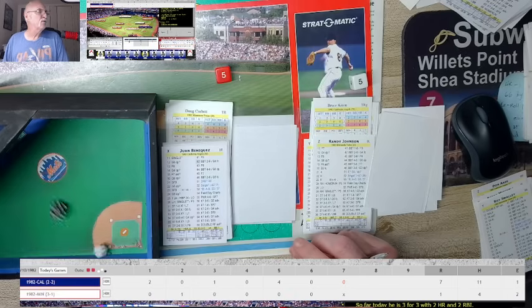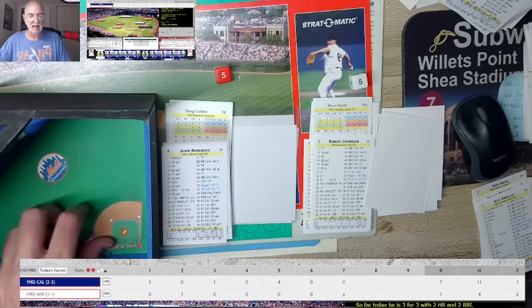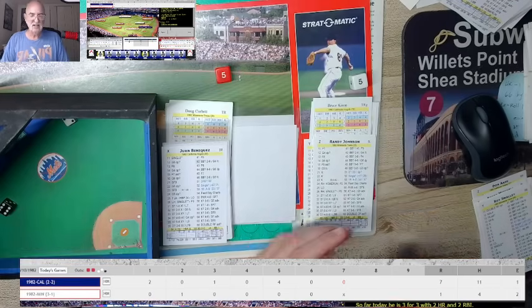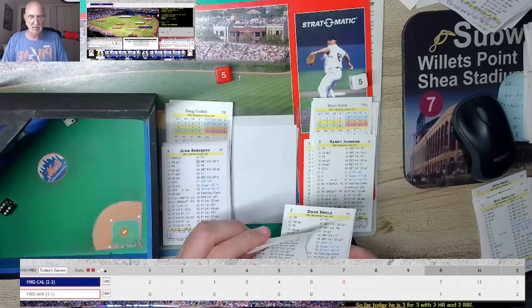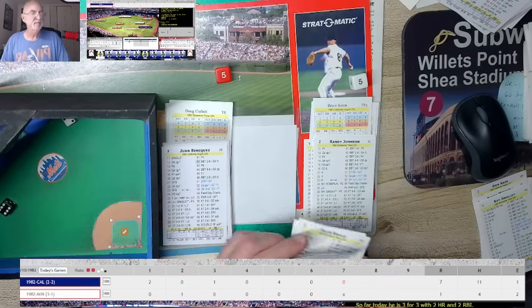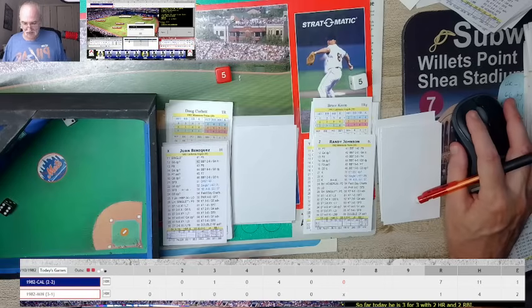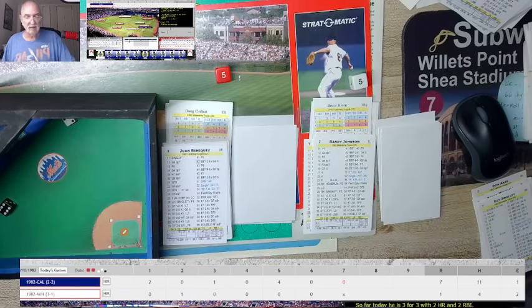Here's Juan Beniquez, who is 1 for 2, and a 51 will be a possible error on the right fielder, Engel. And that's a 62, so I doubt it, but you never know. And that'll be no error in right field on that. So he'll make that catch, and that retires the side. We go to the bottom of the 7th inning stretch.